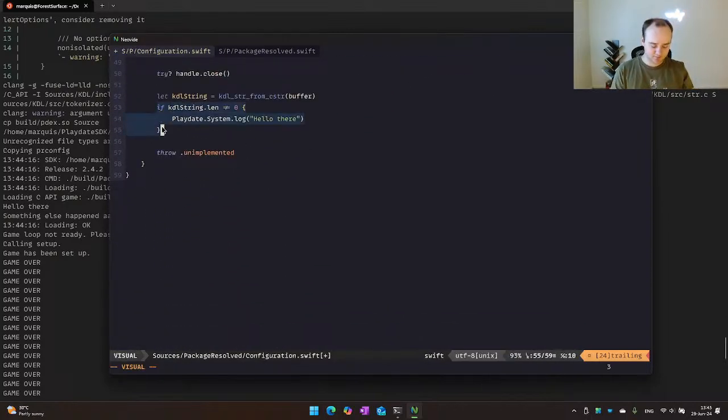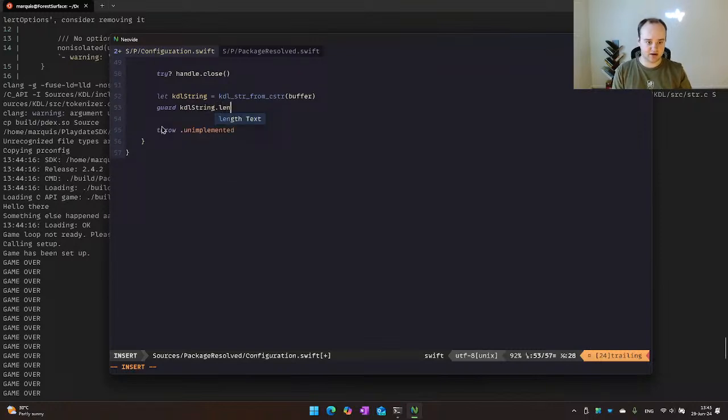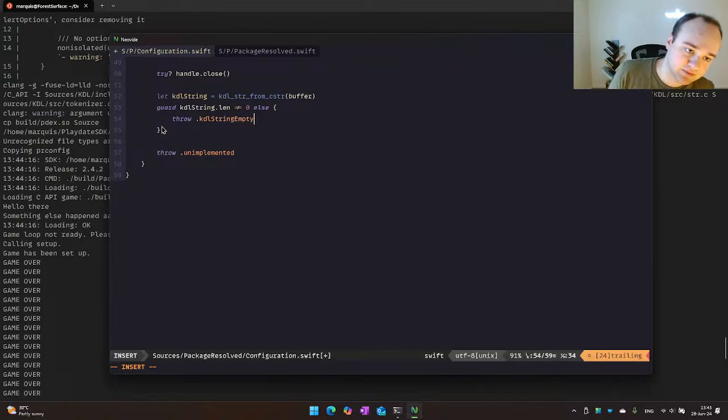So we'll just do guard cuddle string dot length is not 0, else throw cuddle string empty.